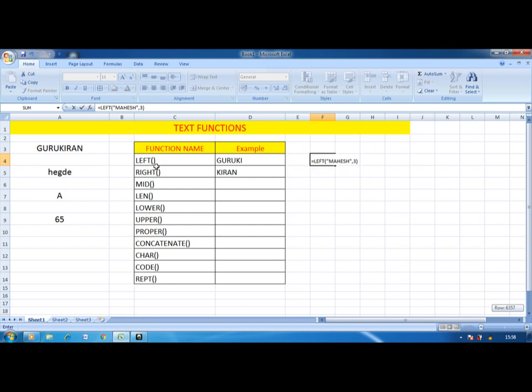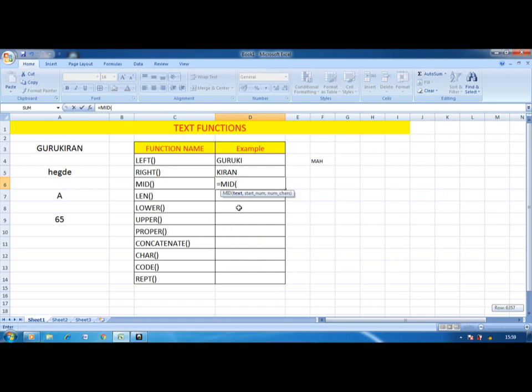So here two ways are there. First, you can refer to the text in a cell, or you can mention the text in double quotes. It is the same for all of these functions. Next one is MID.